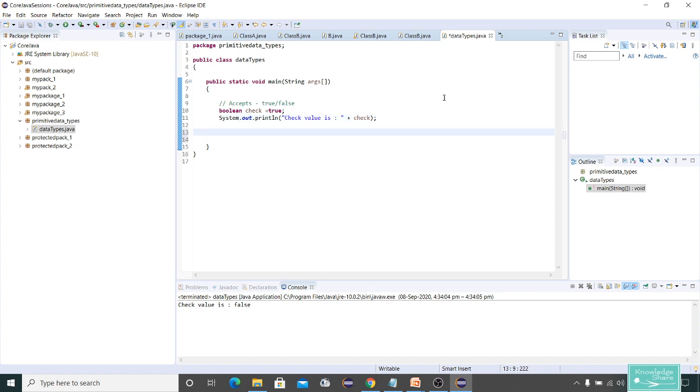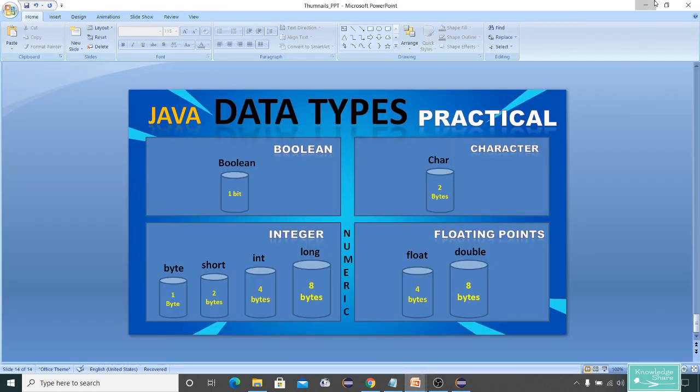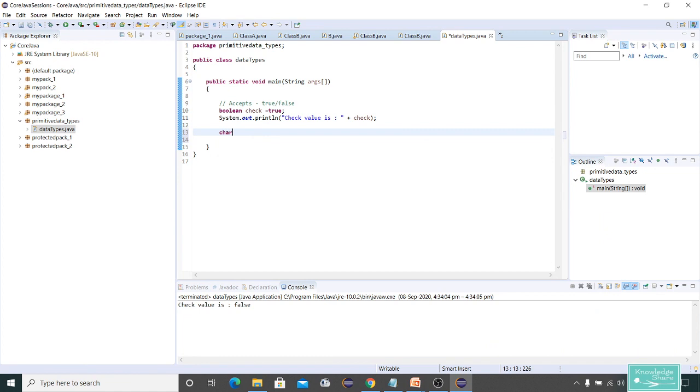Now let's switch to the next data type, that is char. Let me declare it as char, and I'll call it grade is equal to A. You should specify this char with a single quote and not a double quote.